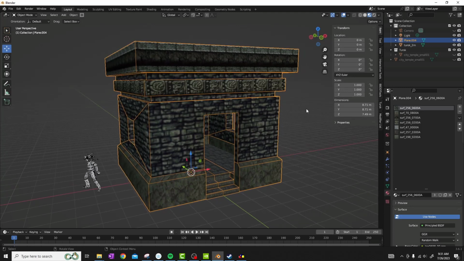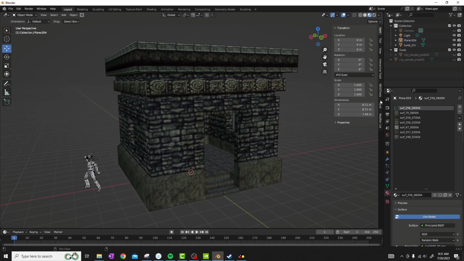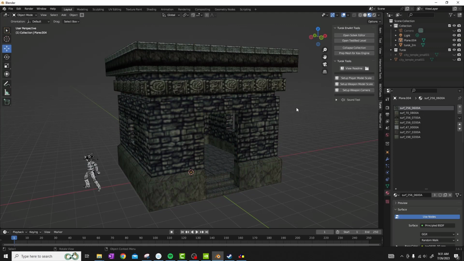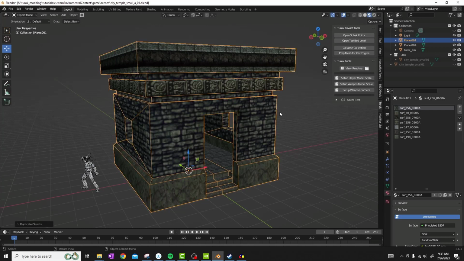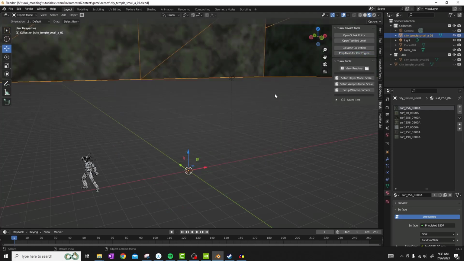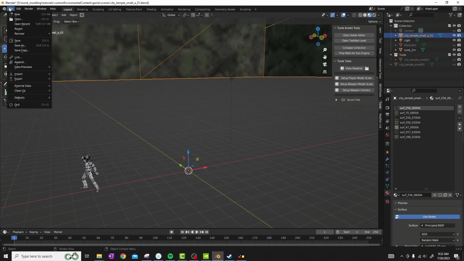Now that you're ready to export, I've made a couple of tools here to aid the process. First, let's save this. Let's make a duplicate first so that we don't break stuff. And then let's name this the same name that I just used, so A01. Cool. Now if I click on the prep mesh for Kex Engine, what this does is pretty much just make everything big again. And so if I do export